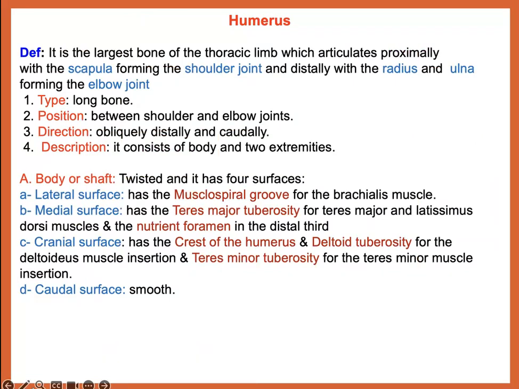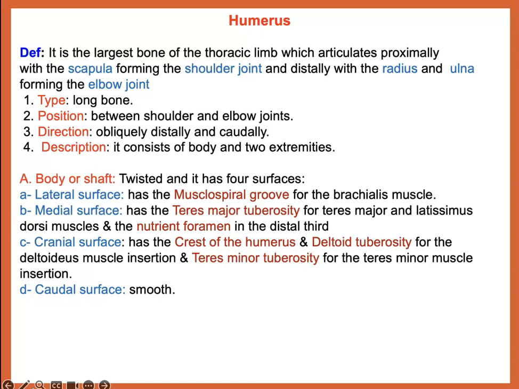Second bone is the humerus. Humerus is an important bone to form the brachium region, and usually between the shoulder joint and the elbow joint, between the radius and ulna. It is a long bone. It is present between the shoulder and elbow joints, is oblique distally and caudally, and usually it has a shaft and